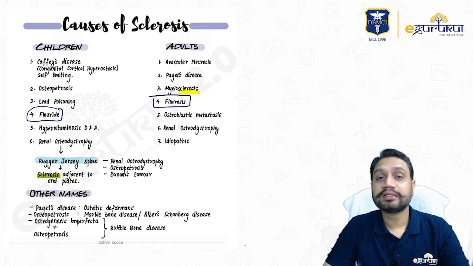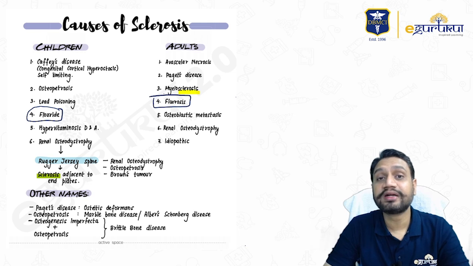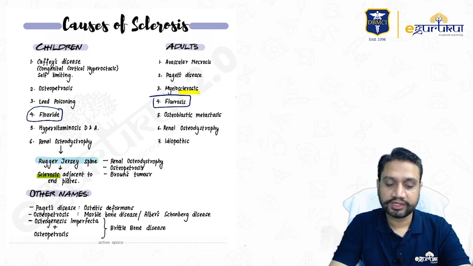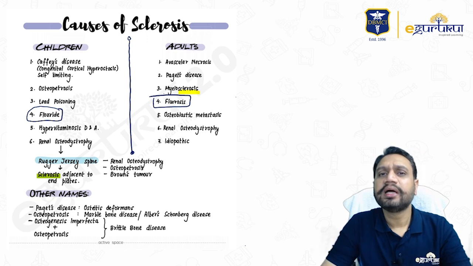Whenever the blast and clast are working in coordination, there will be a proper trabecular pattern. The cortical sclerosis will be normal. The blackening of the cancellous areas will be seen, which is normal, with the presence of trabeculae. So if you can see healthy trabeculae, you know that the bone is healthy. But now when it is more of a sclerosis, then we have to think of one of these causes, which can be a part of any exam.